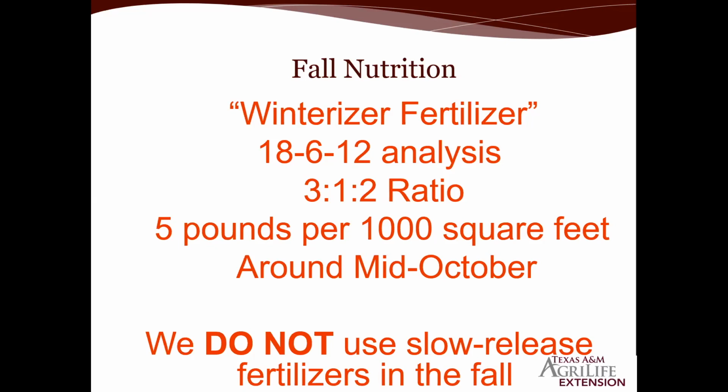We do not use slow release fertilizers in the fall. Remember, these warm season turf grasses, we're getting at the essential nutrition quick in the crown, the root, and we're trying to put them to sleep. You know, a lot of people can have their first frost as early as Halloween, but typically about mid-November, early December. So we're trying to get this in the plant, the lawn, quickly. We only use slow release fertilizers like mid-April, like for our lawn, and then for our spring and fall vegetable garden. That would be like something like a 1959 or a 2510 premium lawn food,